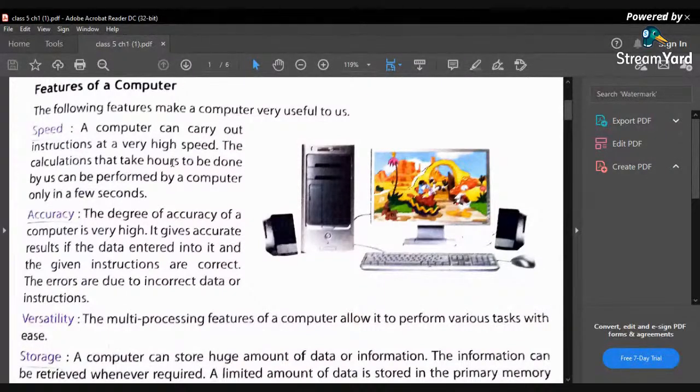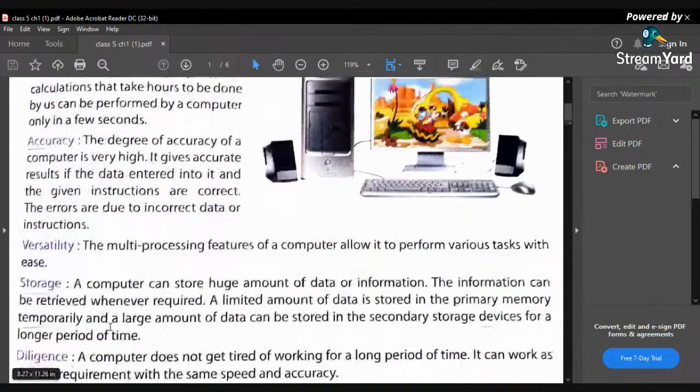If you give accurate instructions to the computer, the computer takes them, processes them, and after that gives the correct result. But if you give wrong or incorrect instructions, then you also get an incorrect result. Versatility